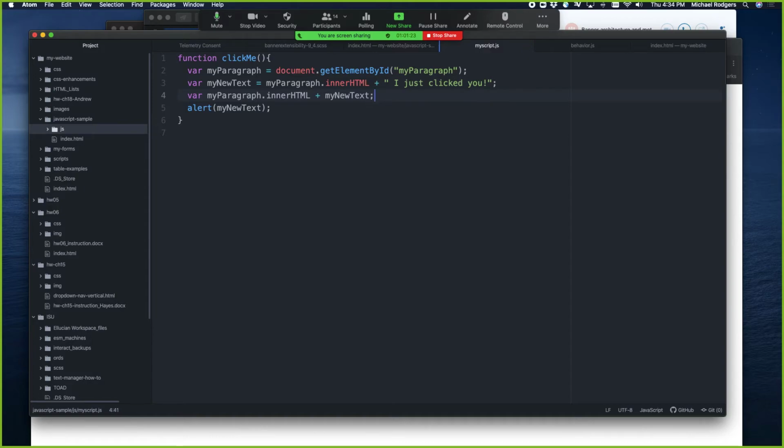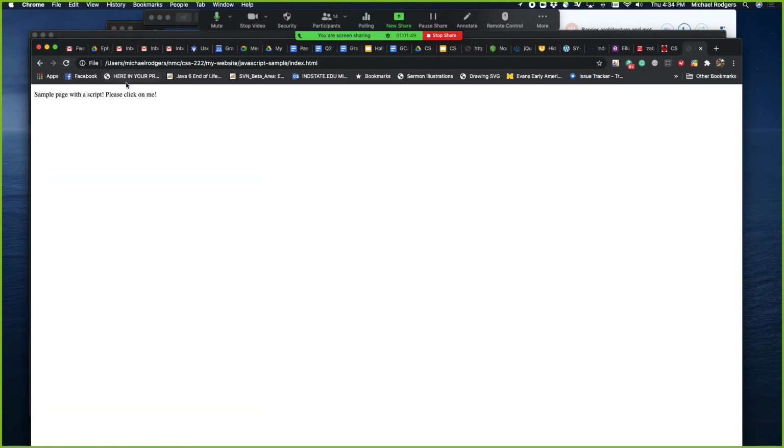Now think what's going to happen now. Technically, I should be, did I spell that right? Oh, no, I don't need to specify a var. If I do that, I overwrite it. So technically now I'm assigning whatever I've appended to this variable back to the innerHTML. And if I refresh it, I click on it,